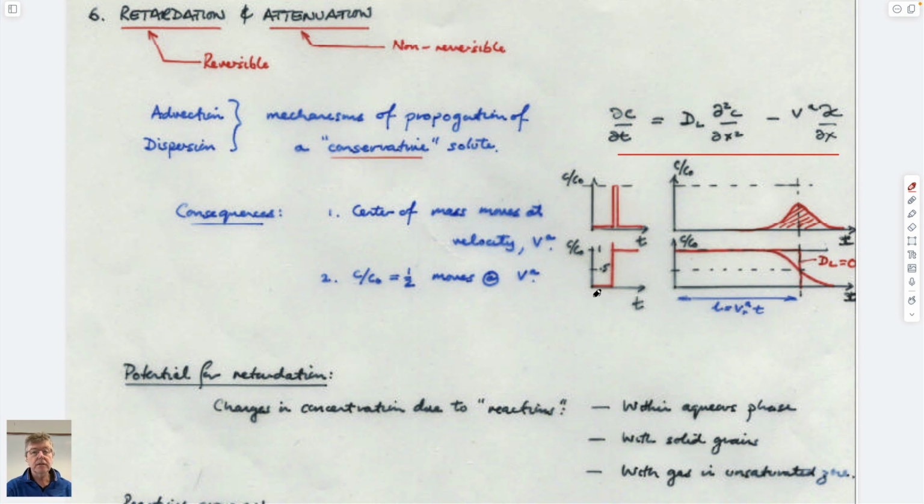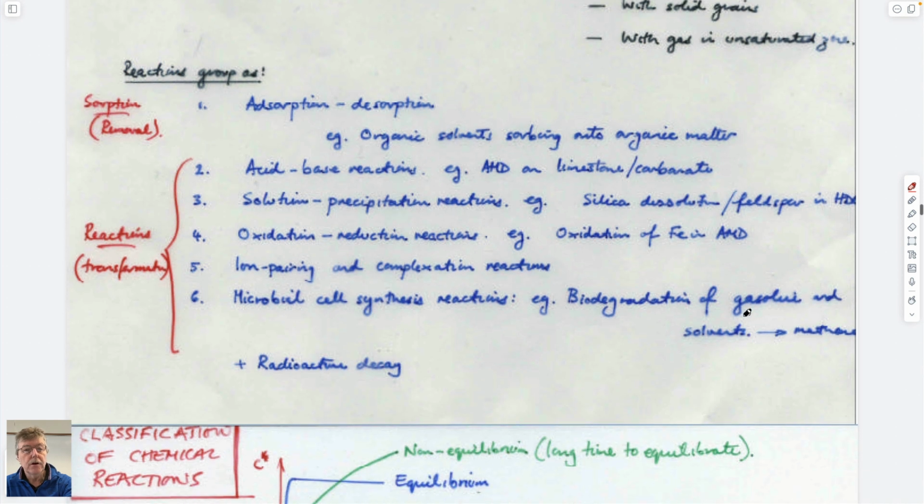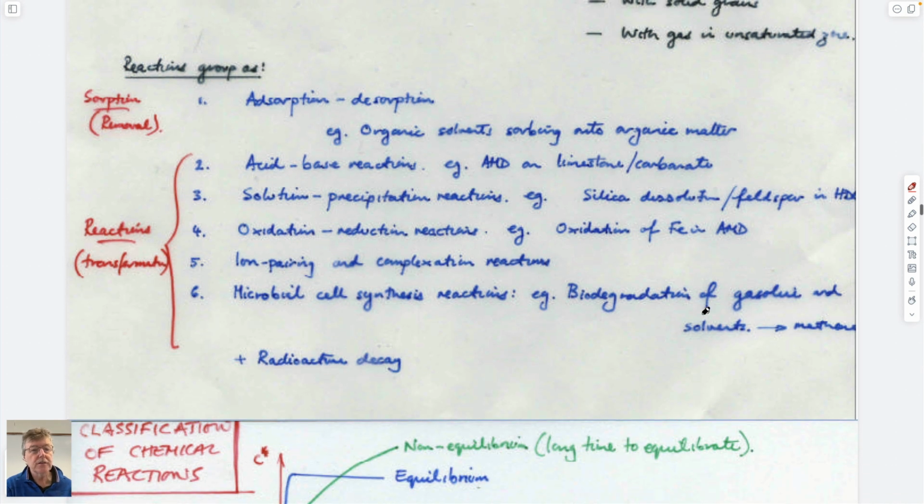We know that how we apply our boundary conditions and what happens in the aquifer is controlled by dispersion. Plug flow and the maintenance of a sharp front means there's no dispersion. If it gets a shallow front, it means that dispersion is larger, not equal to zero, on the red curve here. And so if we look at reactions, there are a whole bunch of different reactions you could imagine